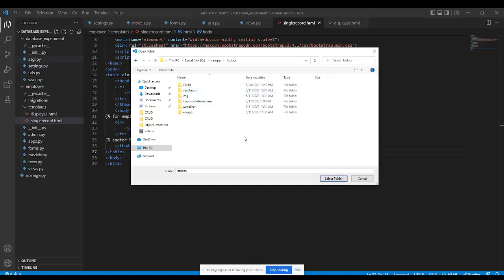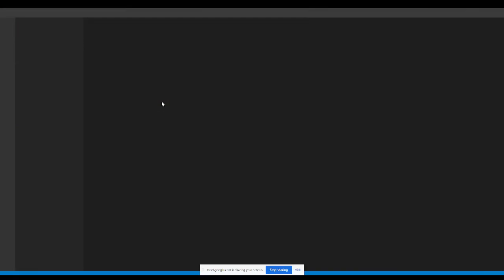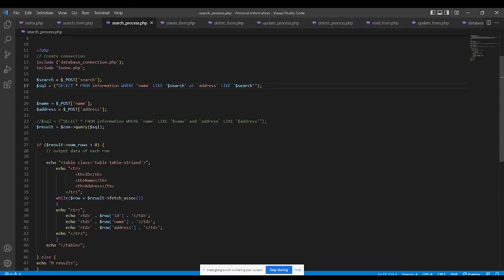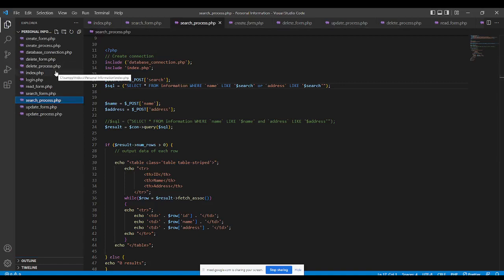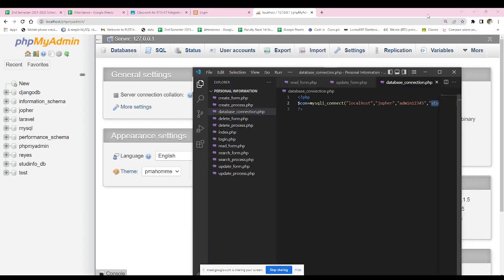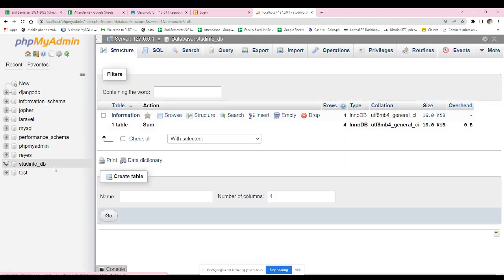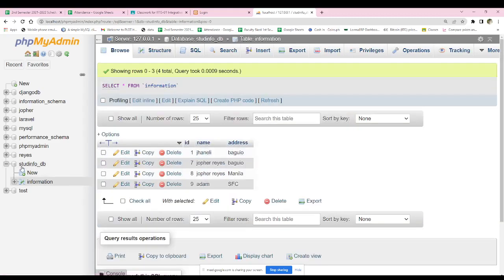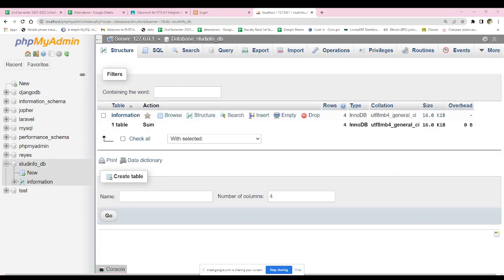Recording. Okay. And then, personal information, select folder. The name of our database connection, stud, stud info db. So this is our database, and then we will create another table. We have one table here, which is the information, and then we will create another table